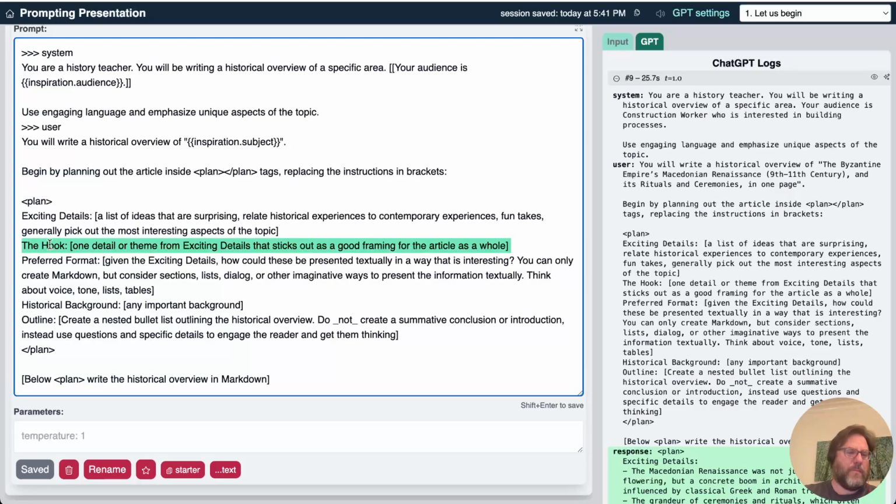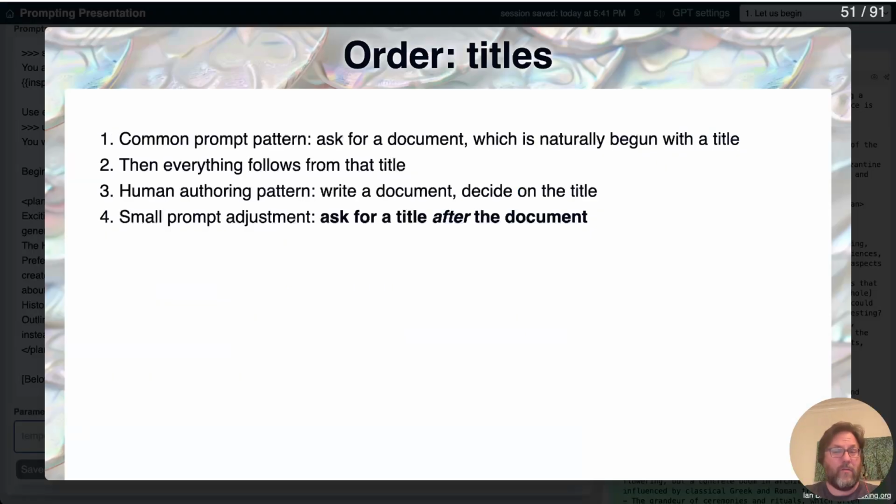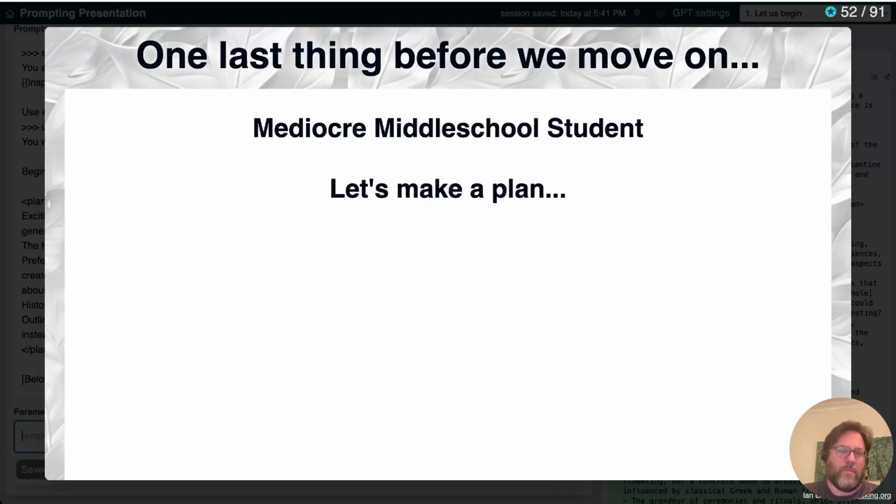If you have it pick something but you don't have it enumerate them, then it's not really picking, it's just inventing one thing. And you want to think about that general order and what derives from what. Now, if you wanted to make really terrible clickbait content, you probably actually want to start with a title and then write the document because you don't actually care. But you shouldn't do that because that is horrible and people who do that are bad. So you should think about what you want to produce first, and also you should make clickbait content because